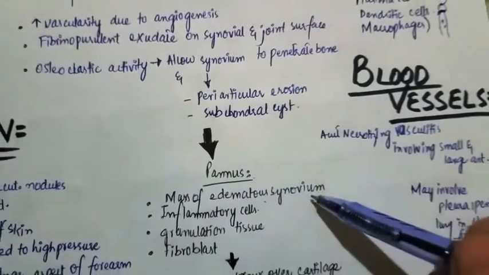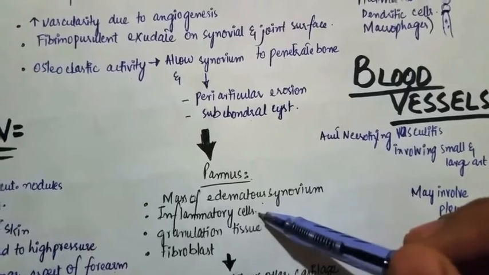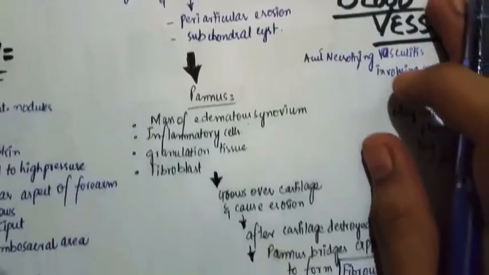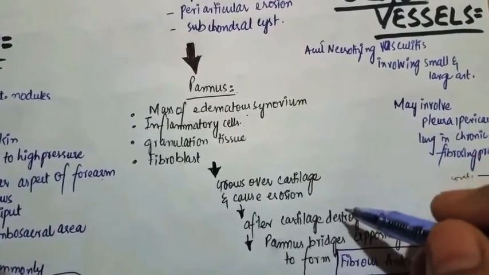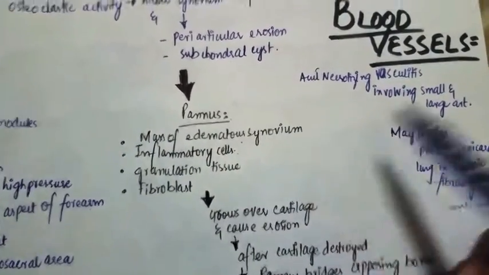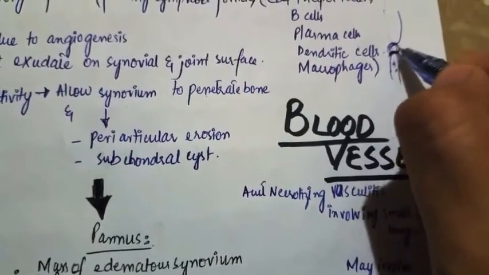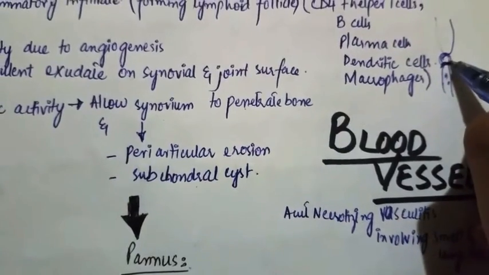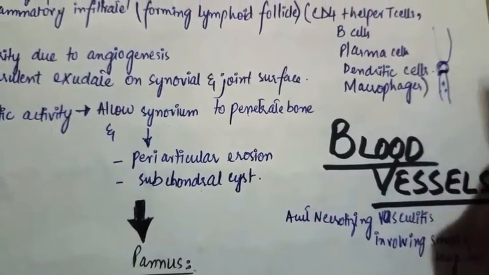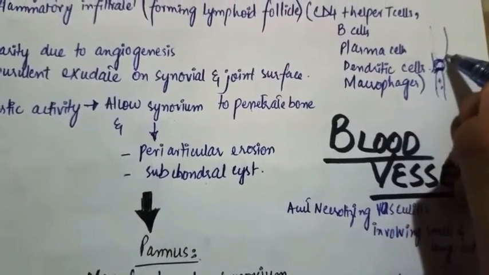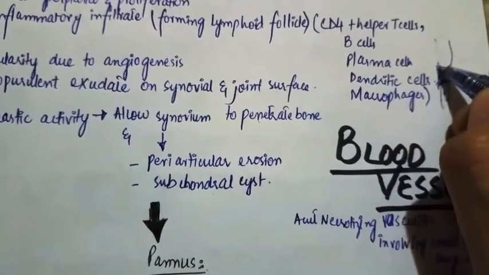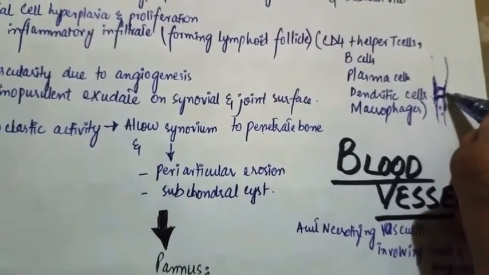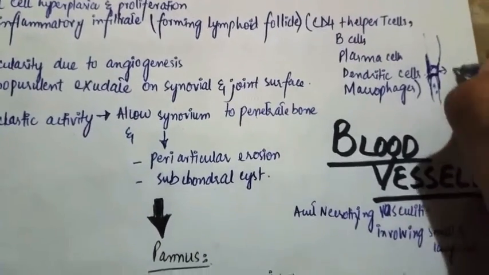What is pannus? It's the mass of the edematous synovium along with the inflammatory cells, granulation tissue and the fibroblasts. For example, this is the pannus which contains the edematous synovium, inflammatory cells, granulation tissue and the fibroblasts. Now cartilage will grow over it. There is a growth of the cartilage over it, but this cartilage will be eroded soon,